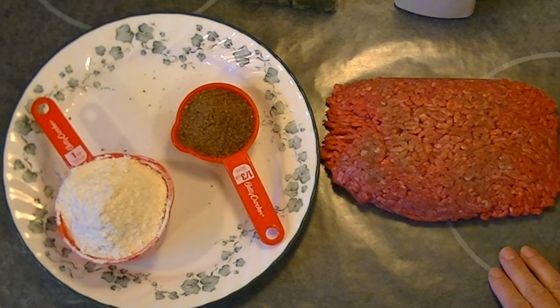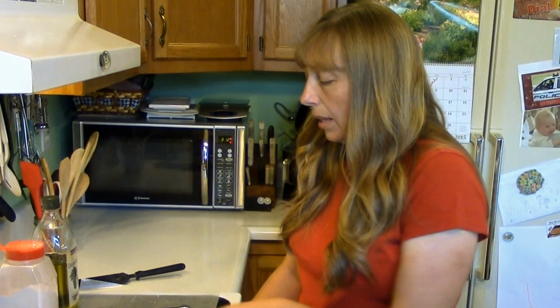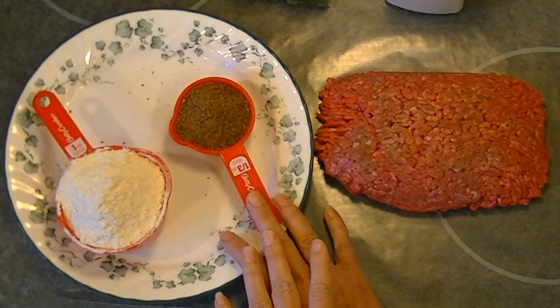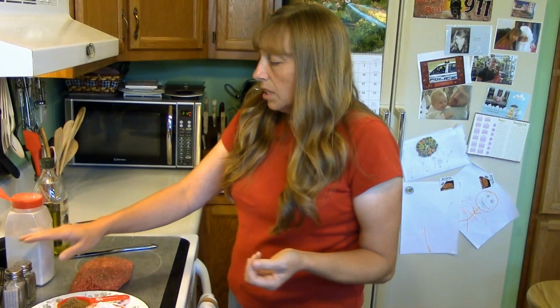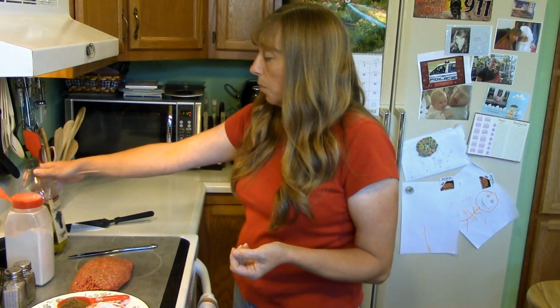And it does not matter what kind of flour it is. You can use plain, you can use self-rising, whatever. And I like to add a little flaxseed, and this is ground flaxseed. The flaxseed makes it really crispy and it keeps it kind of moist. We're just going to season it with salt and pepper and onion powder, that's to taste,